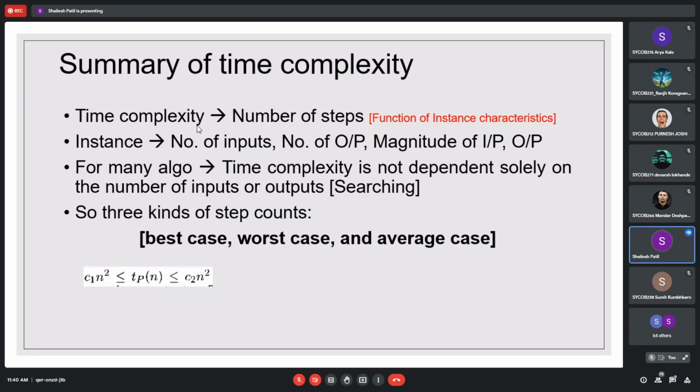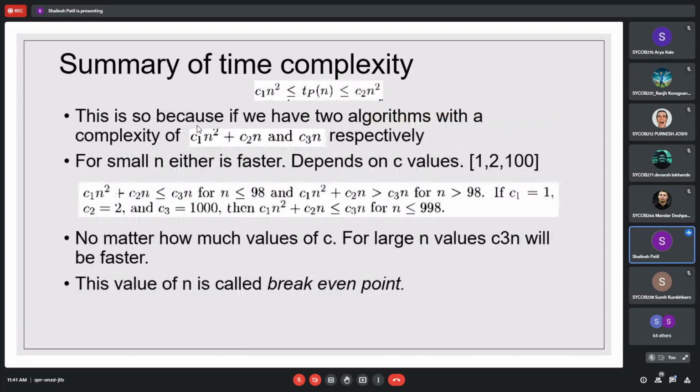In very simple terms, for linear search, if the element is found at the first position, that is called the best case, because it is found in a very small number of steps. In linear search, if the element is found at the nth location, or if that element is not present in the list, then it is the worst case. The average case will be from 1 to n, so anywhere we can find that particular element.